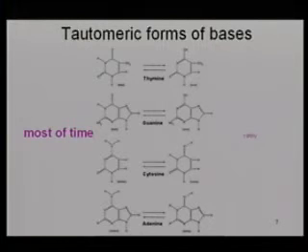And you have the same thing with all the other bases. Each purine behaves as if it was the other purine for a tiny fraction of time. Each pyrimidine behaves as if it was the other pyrimidine for a tiny fraction of time. If the polymerase incorporates them in this form, it will incorporate. If thymine arrives at a site where the polymerase is about to add a C, and it's in this form,